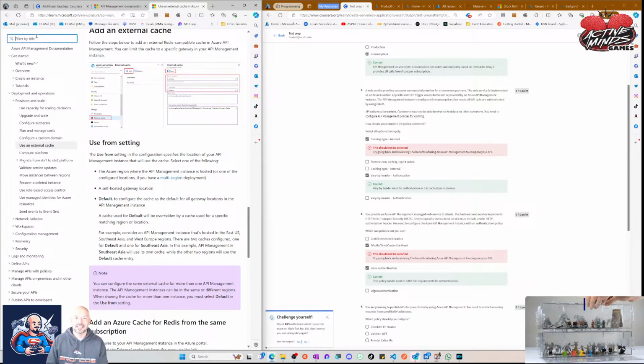Is it really anything but just vary by header? The web service is implemented as an Azure function. The API Management instance is configured with the consumption plan. All API calls are authenticated by using OAuth. API calls must be cached. Customers must not be able to view cache data for other customers. You need to